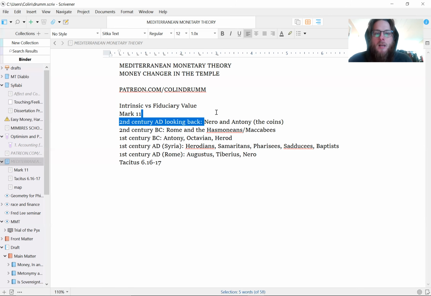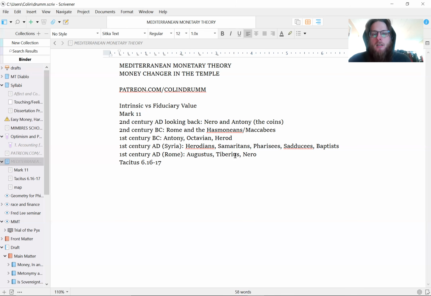The Nero coins are a little newer, but they're also debased. Nero, obviously, we still have today, has a bad reputation. Why is he bad? Well, because his coins are bad. That's at least one big reason. So the coins you have are kind of bad coins: these old Antony coins and these Nero coins.